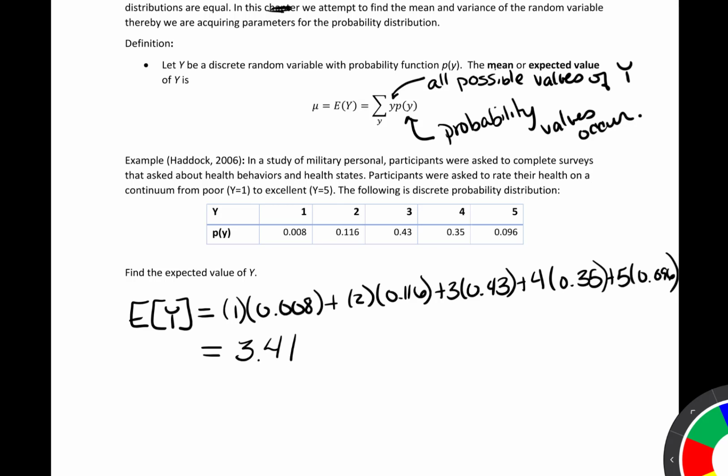Now, one thing to notice here, our expected value is not one of the potential values that y can take, and that's perfectly fine. A lot of times the expected value will not actually be in the sample space. And again, this is because we're thinking about what's occurring on average. This is just like you hear the saying that on average households have 2.4 children. Of course you can't have 2.4 children, but you can have that on average. So keep that in mind, as you see different expected values. If the expected value is not part of the sample space, that is perfectly fine.